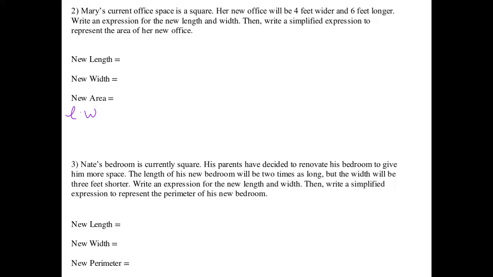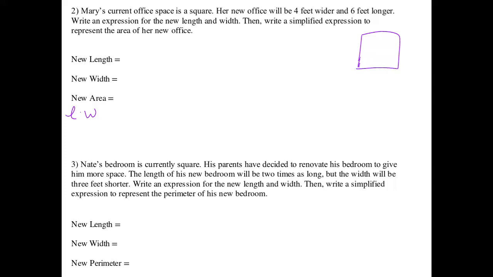Now, if her current office space is a square, what does that mean? What does that tell us? What do we know about squares? Well, hopefully you recalled that a square means that all 4 sides are the same. They didn't tell us what that side length was, so if I just quickly draw a square over here,